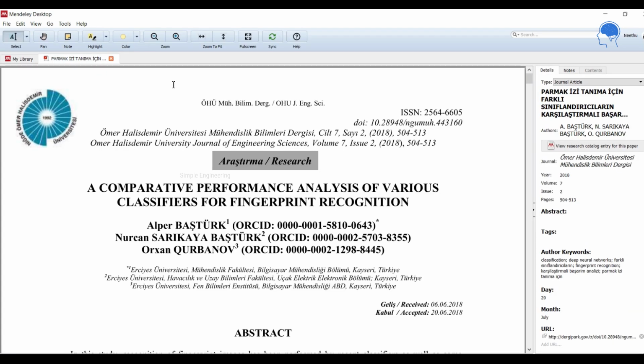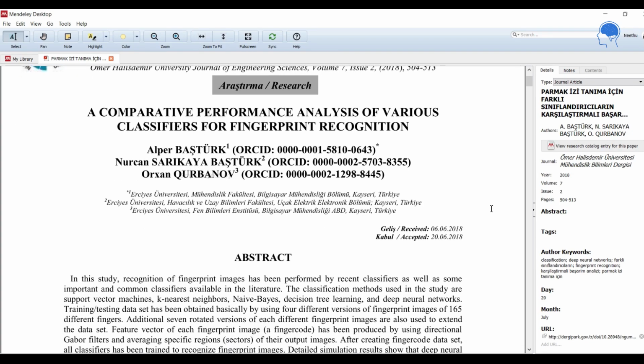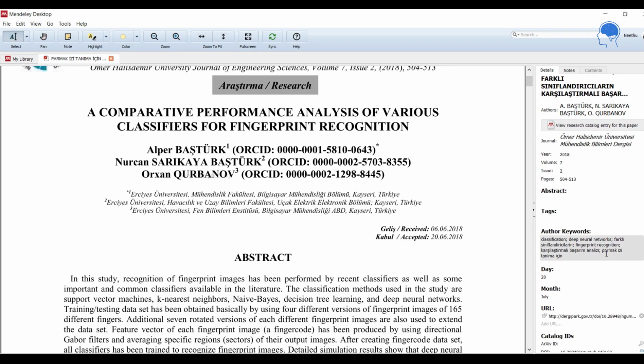You can double click on a paper and it will open. On the right side you will get a window where all the details are there. You can check whether the details are the same: the volume, issue, the year of publication, the page number, all the details are in the right side window.